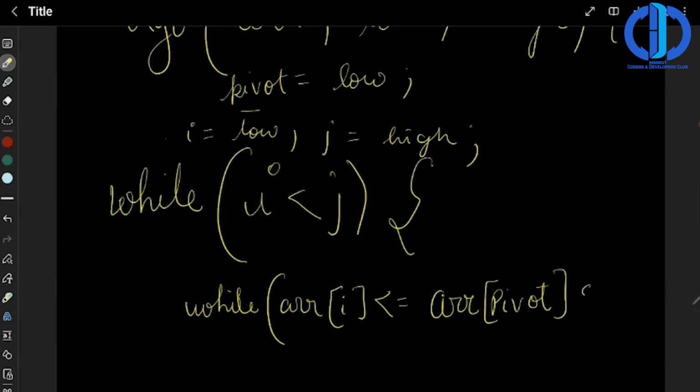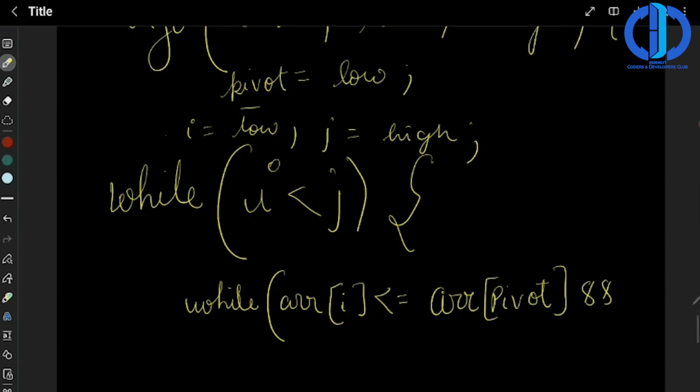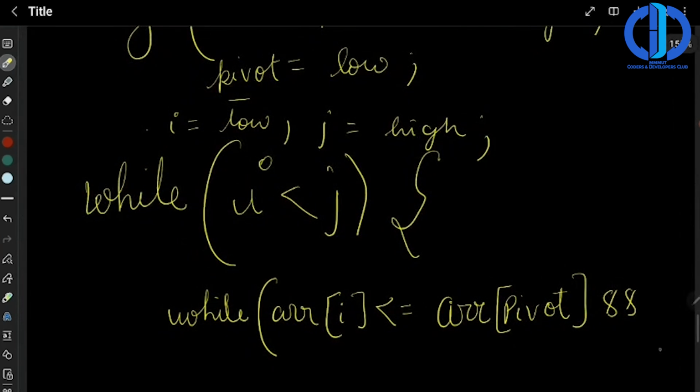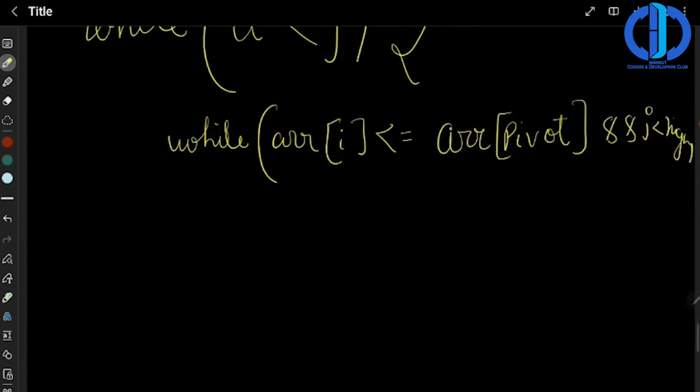And also we would see that it doesn't cross the border. So i is less than high. Okay, so in this what we do, basically i plus plus,